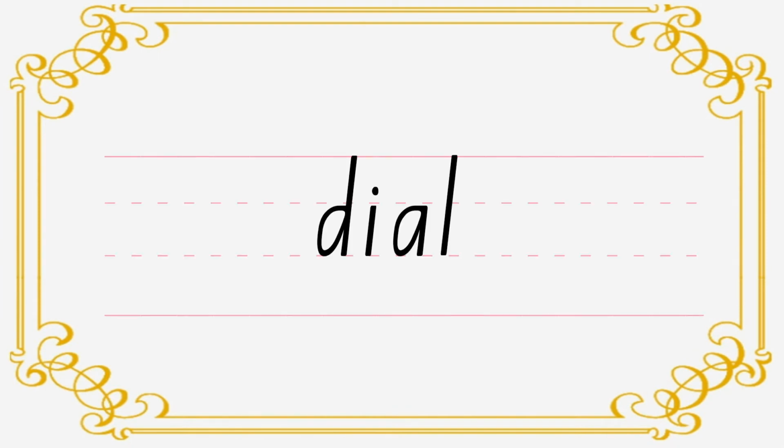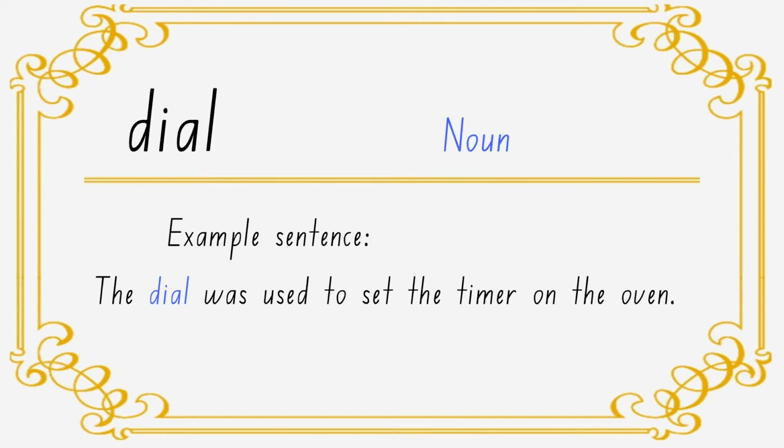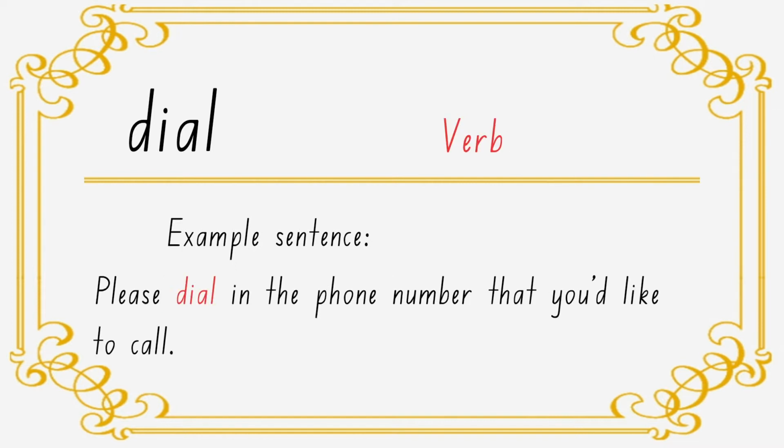Your first word is dial. Dial can be used as a noun and a verb. As a noun, it's a face of a clock or watch that is marked to show the unit of time. Or it can be that round thing that's on those really old phones. Okay, so you might not see that nowadays because phones that have dials are really old, so they probably don't exist anymore. So the main place you'd see this word would be in the verb form, which means just to